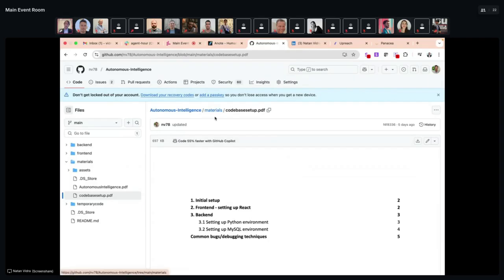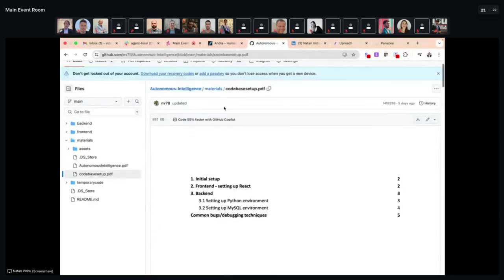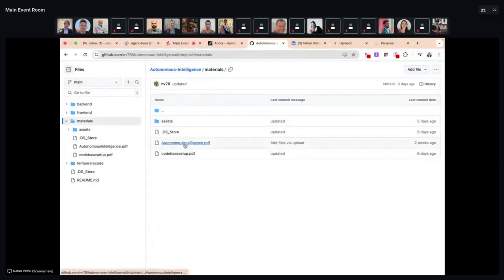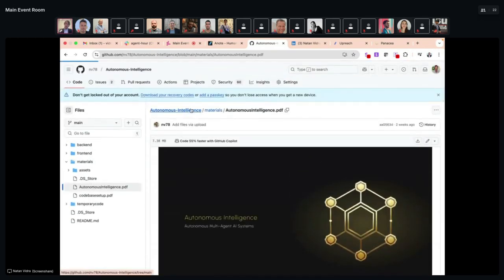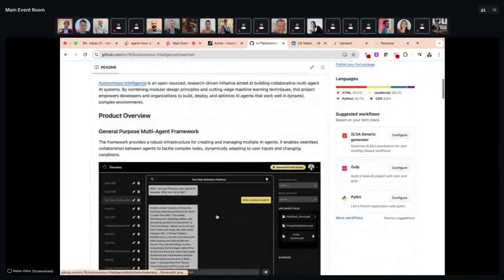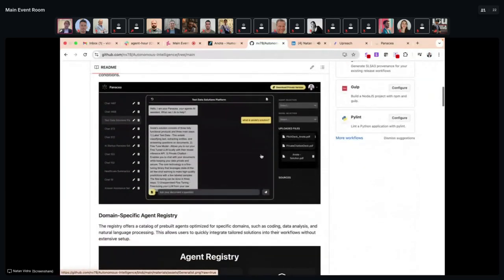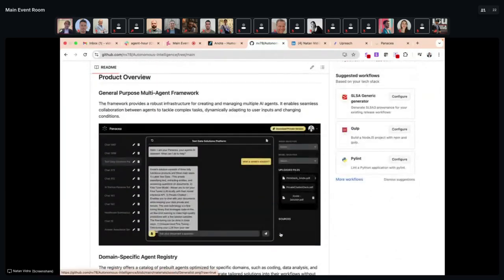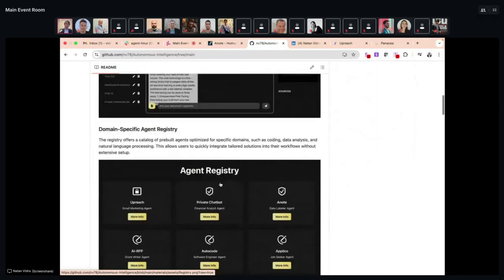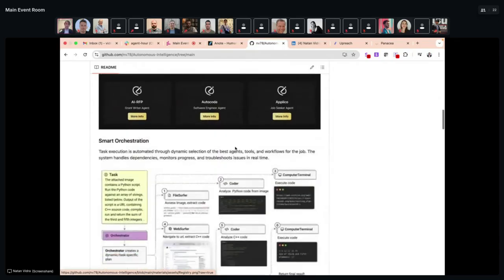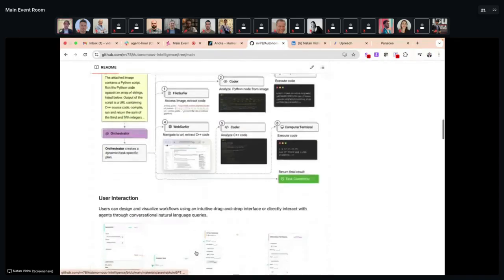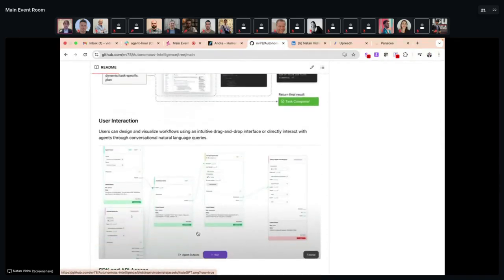I also included this deck, which has the information I talked about today, in case you're interested. Some of the themes are: a general-purpose agent framework that we want to build, a registry where you have domain-specific agents, the ability to do smart orchestration and use these tools, and some way to log and monitor and understand how each of these agents works.